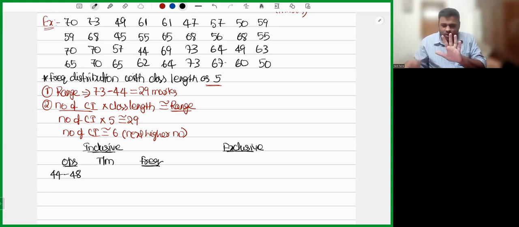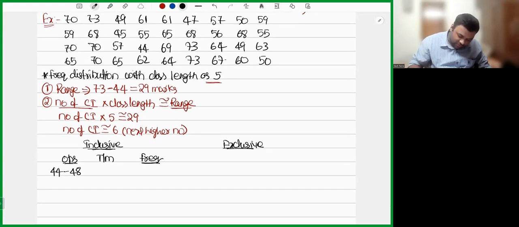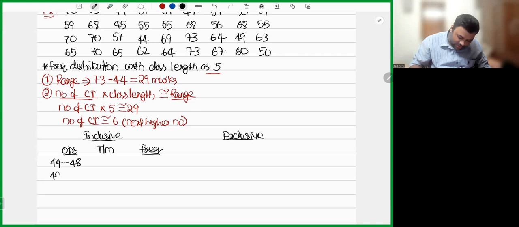See, 44, 45, 46, 47, 48. 1, 2, 3, 4, 5. I took 5 observations. It is inclusive data. There is a reason why they call it inclusive data. I'll tell you. Just keep listening. Next one, 49. As I already told you, in inclusive data, these two will not touch. Those two things will not touch. So be careful. So 49, 50, 51, 52, 53,